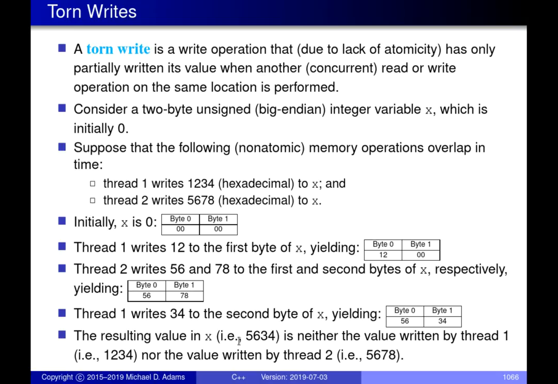This is not really what's happening. Essentially, we're writing parts of two different values into the memory location, and we end up with something that was neither value that we wrote. And again, if you can imagine, this can cause all sorts of weird bugs and things to happen in your code if this arises.